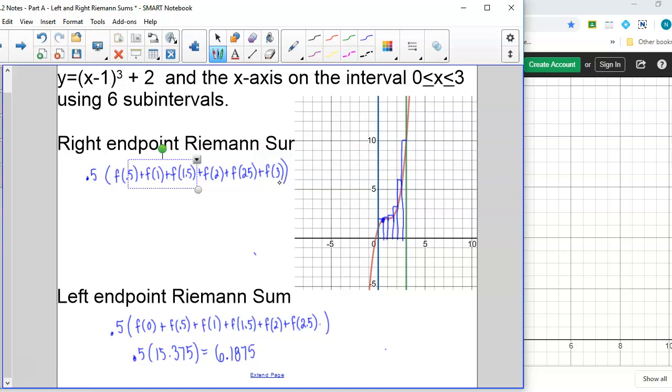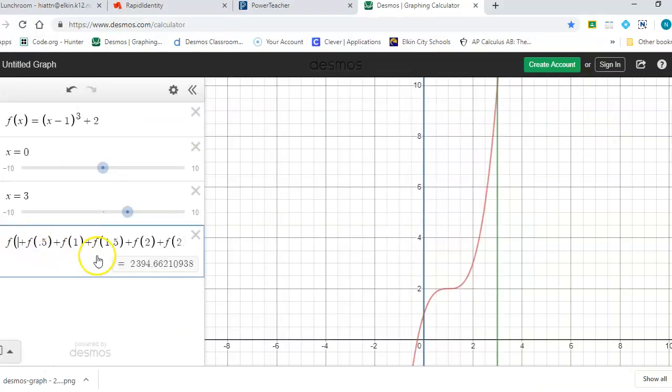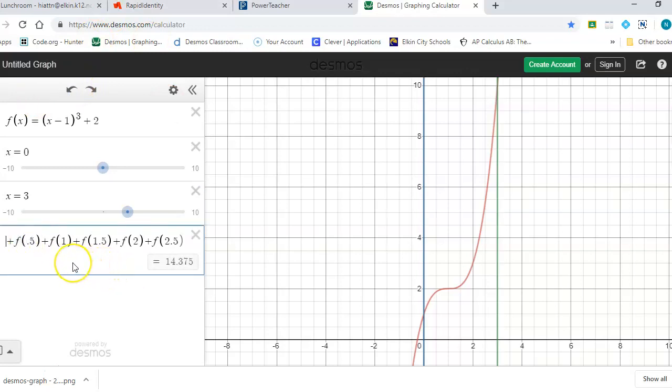And because we don't have all that much time, and it is incredibly boring just to plug all those numbers in and find them by hand, and you got decimals, and it's just painful. So let's just go over here to Desmos. I'm gonna take out that f of 0. All right, take that out, and I'm gonna add an f of 3 here at the end, and I get